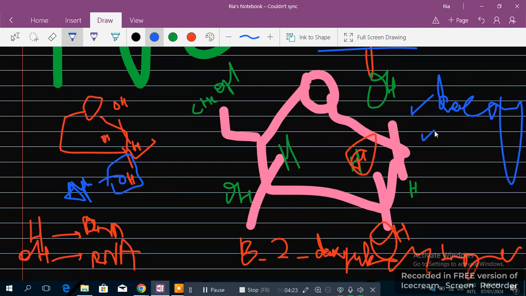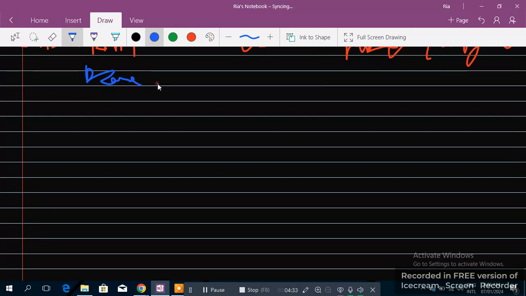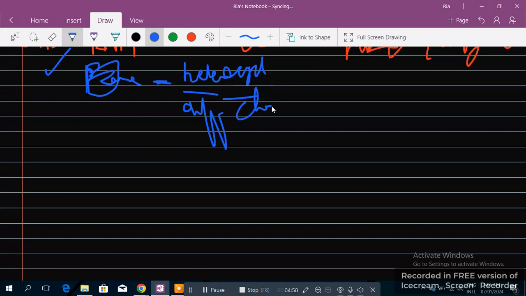And one more thing, let me just move down. There's one concept of base. Base is a structure, like base is also known as heterocyclic. Heterocyclic, which means hetero means different, so different rings combined they form hetero. So this was the remaining part of the base. We are done with the sugar. Now the next video would be phosphate. So base hetero, which means different chains, when combined they form a structure like N N will be